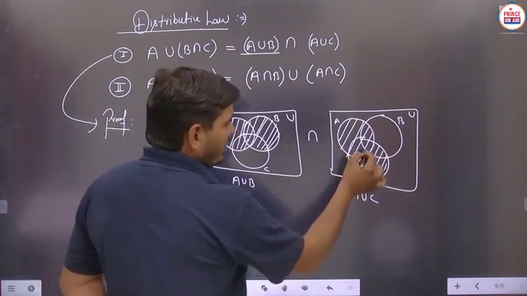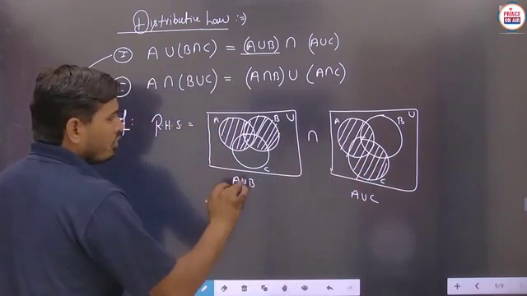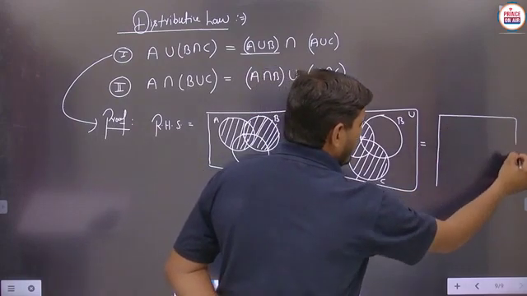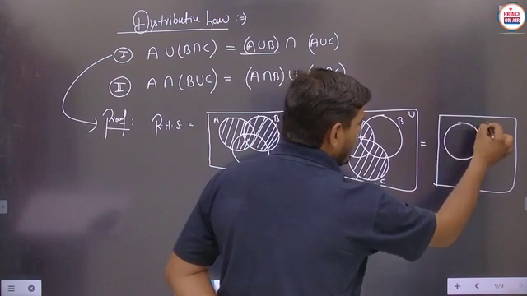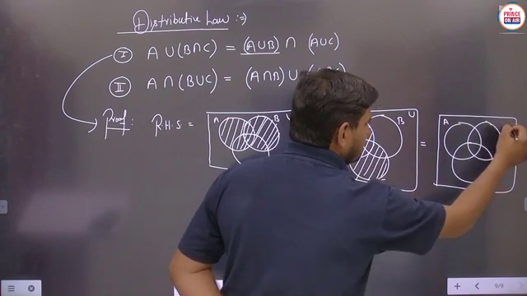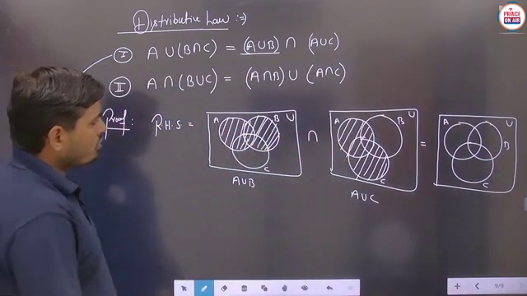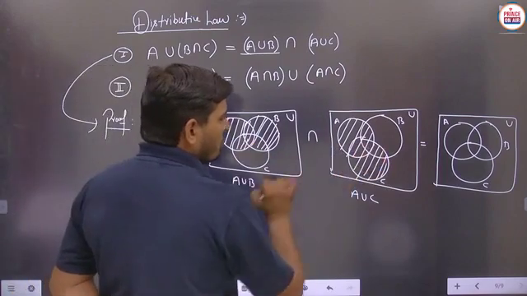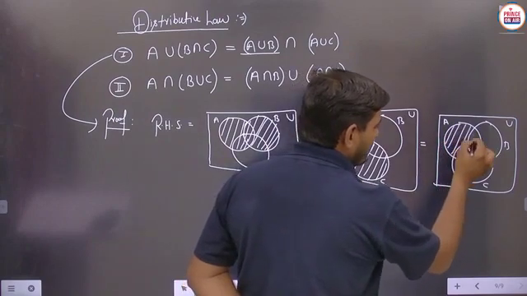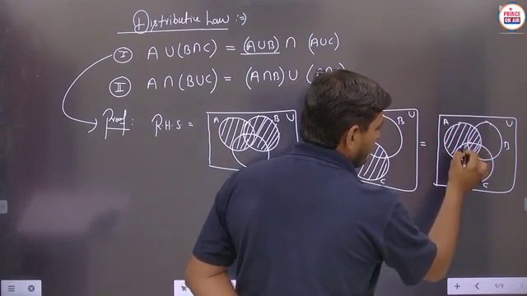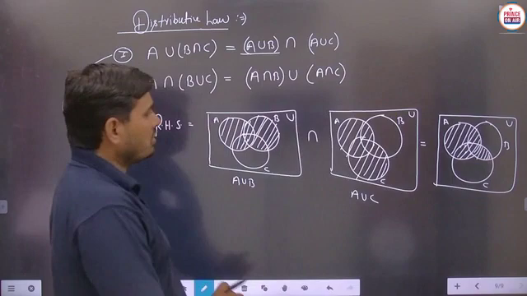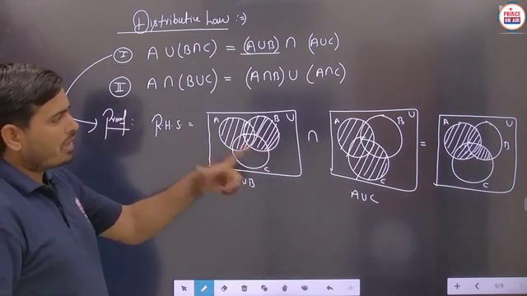And you can say that this part, this part, this part and this part, means you can make the result here. Suppose we have to make the final diagram after taking the intersection, then we have to say that this is set A, this is set B and this is set C. So carefully you have to see the intersection, means we have to take the common region. So all these three parts are to be common, as well as this set A will be common. So you can make the proper diagram like this. Is it to be clear? Means only we have to take this part. Is it to be clear? So now this will be the common answer of this right hand side.